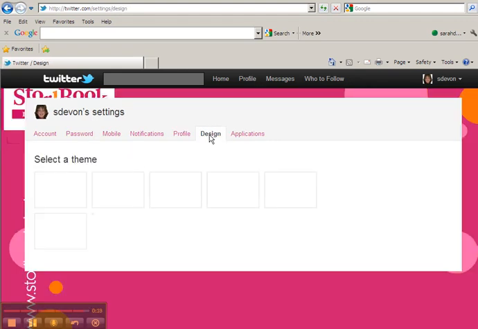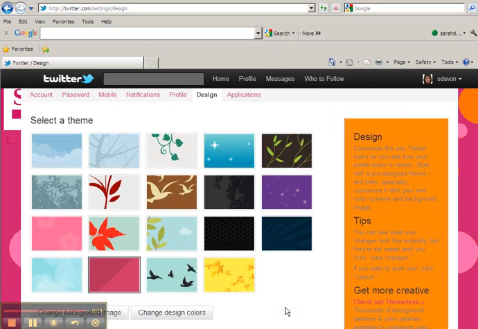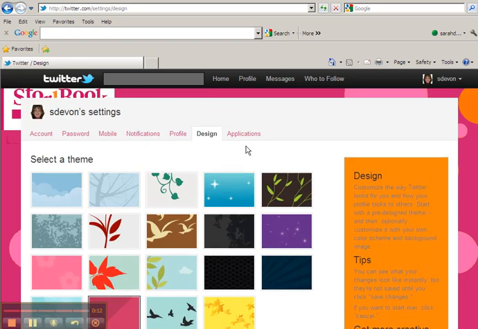You can then go to design and select a theme for your backgrounds here. You could also hire somebody to do a Twitter background, or you could create your own. I just created my own. One thing I have found is that with the use of the iPhones and